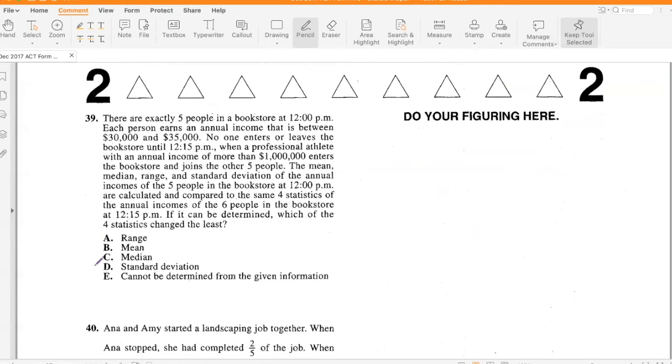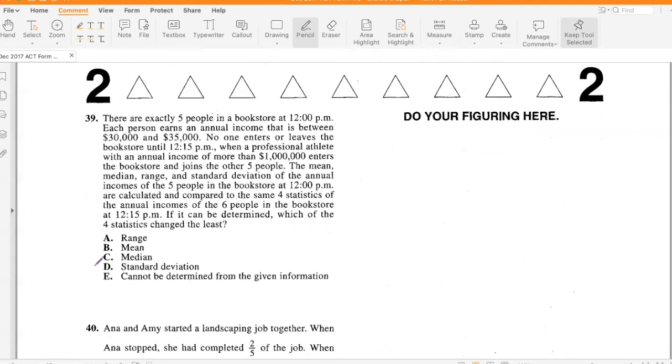There are exactly 5 people in a bookstore at 12 p.m. Each person earns an annual income that is between $30,000 and $35,000. No one enters or leaves the bookstore until 12:15 p.m., when a professional athlete with an annual income of more than $1 million enters the bookstore and joins the other